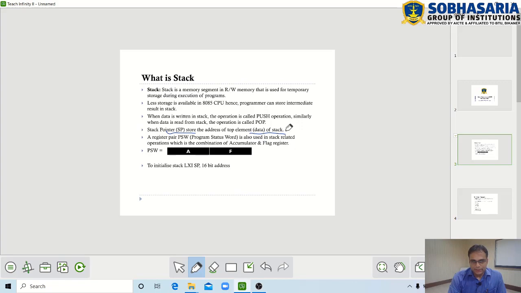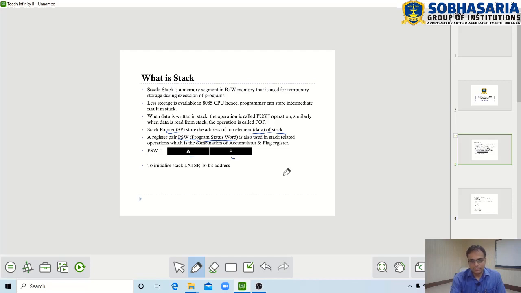So stack is maintained with the help of stack pointer and one register pair called PSW, program status word, which is used in stack operation. This PSW is nothing but the combination of accumulator and flag register.